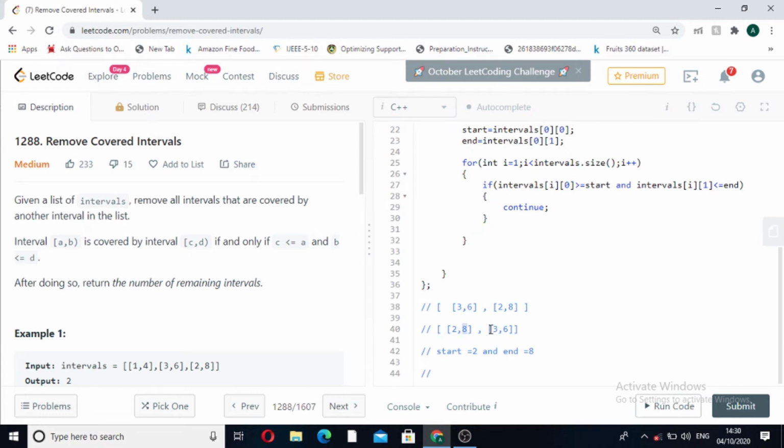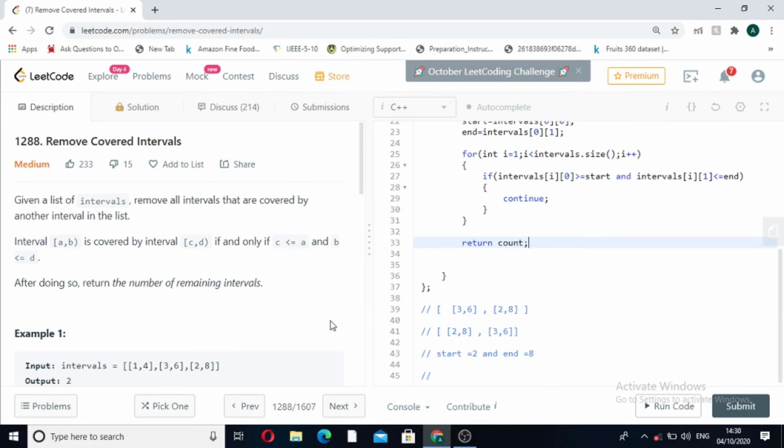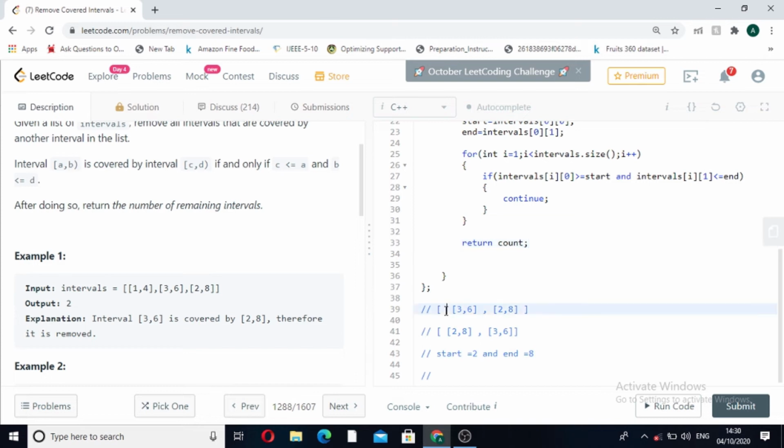It means that this entire interval is covered by the 2 comma 8 interval. So in this case we will just continue. If only this was our case, our loop would have run till here and we would have returned the count from here. But now our original array was 1 comma 4.